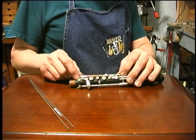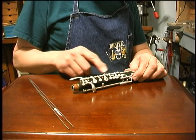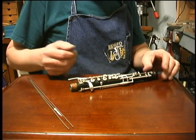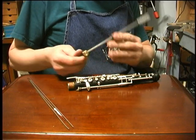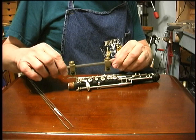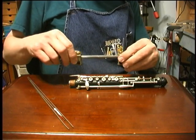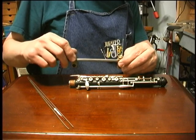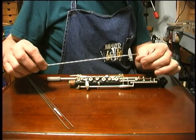If you have a row of keys and posts on a very worn instrument, it may not be worth saving, but if you wanted to, there's a little jig available that you can line up on the posts with the keys off, and these things move about, so you can tighten them up against the posts. And then I have these extra long drills